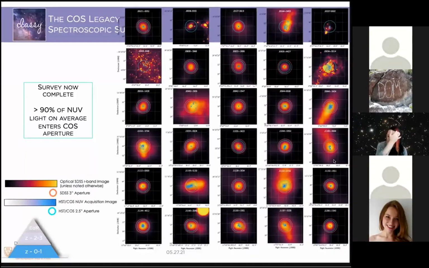So looking at a bunch of them here, you can see that SDSS R-band optical light is shown kind of in the red-orange, and it can be compact or more extended. But in all cases, we really tried to go after things that had really nice compact stellar clusters at their center that were driving this emission. And so that's in blue, showing you in the near UV. And this is showing the comparison between the COS and SDSS aperture. So they're very similar. We're getting similar amounts of light, so we can utilize both the UV and optical together. There are a handful of these galaxies that, like Haro 11, are too far south to have SDSS data. So we've had to get other data, IFU data, things like that. But putting that all together,